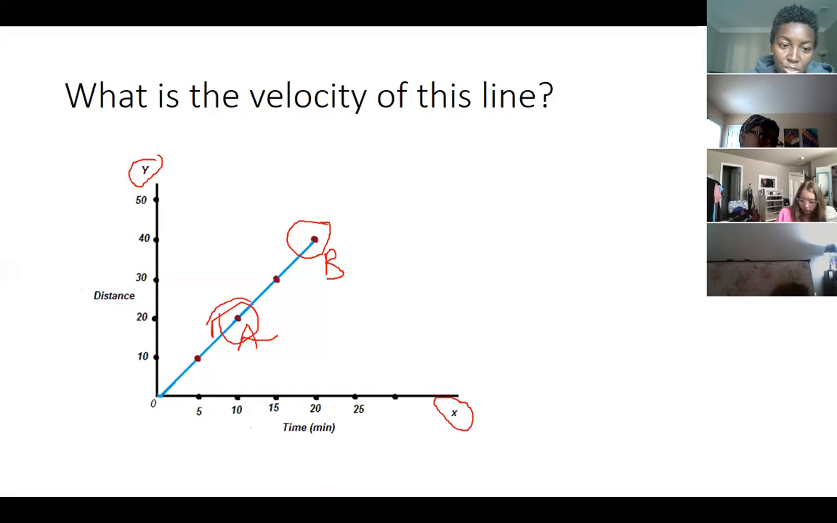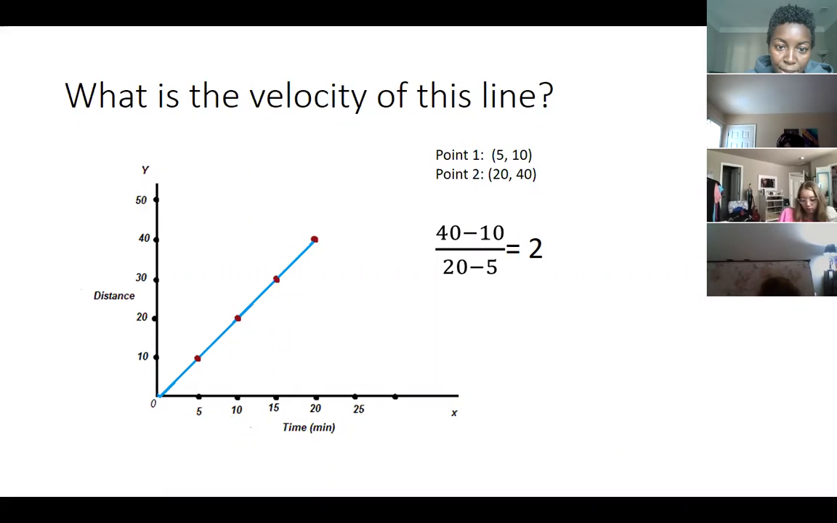which dots you use. You could use these red ones, or you could use the gold ones here, or you could use a combination of the other ones. If the line goes all the way down to 0, 0, definitely use that one. That's an easy point because it's just zeros, okay? All right, so we did this one the other day, and for point 1, they did 5 and 10, so they used this point. And then they did 40 and 10,